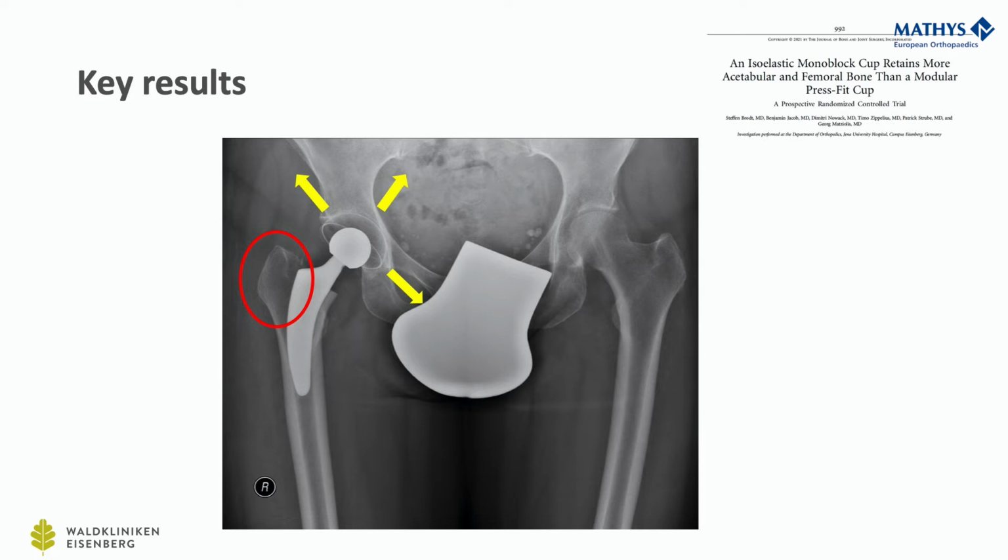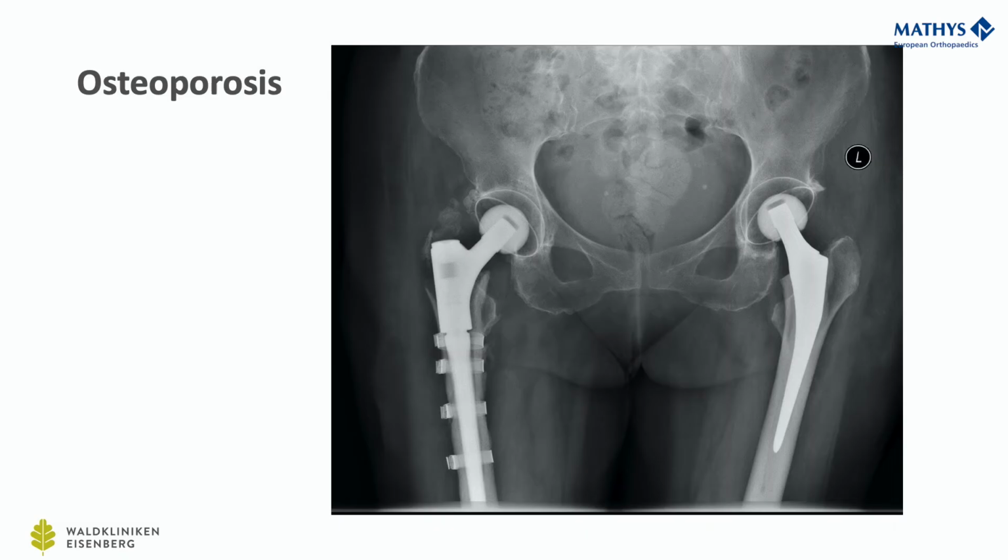When we talk about the clinical use, just shortly, when do I personally use this cup? This is my number 1 cup. I use it in every kind of patient, like the primary osteoarthritis. But like we heard before, I use it especially in patients with very poor bone quality, and I chose that X-ray because I can prove the poor bone quality, because you can see here on the right side the patient suffered from a fracture. Intraoperatively, she was taking, because of a rheumatoid arthritis,